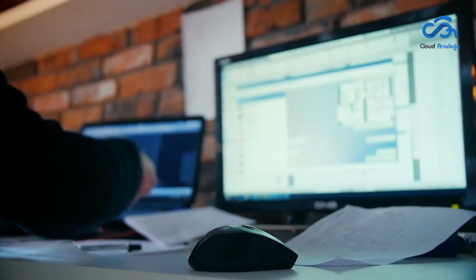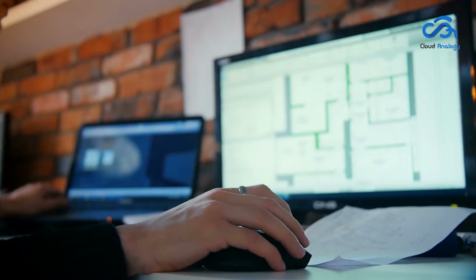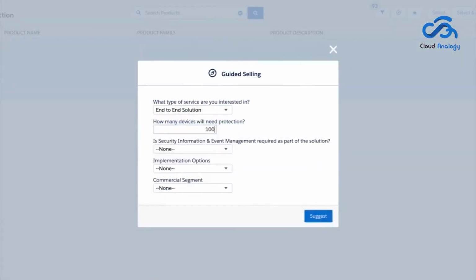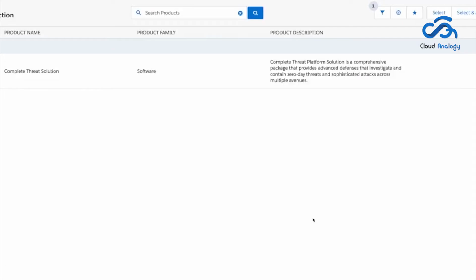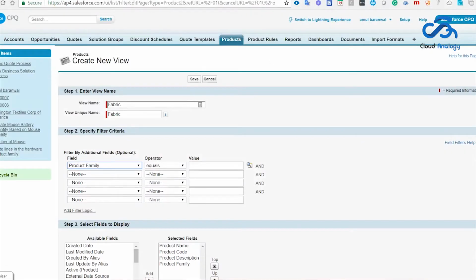Salesforce simplifies and optimizes the selling process with the help of guided selling. Guided selling is an exciting feature that allows sales representatives to enter the information gathered from the prospects into a tool and generate optimal product package based on unique needs that elaborates on CPQ guided selling benefits.